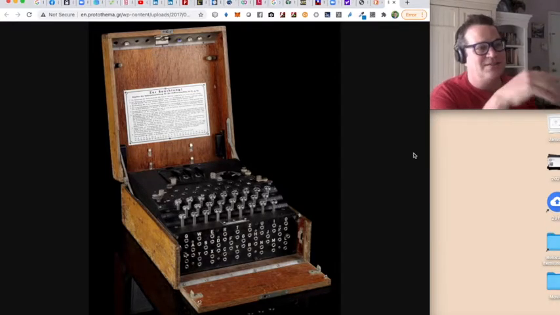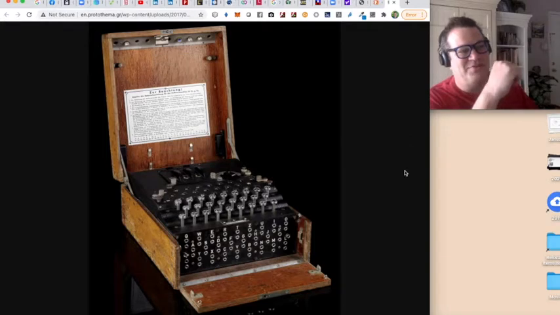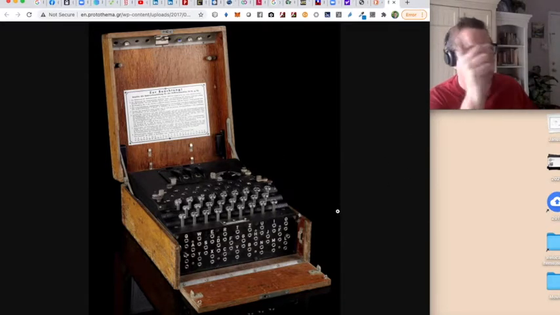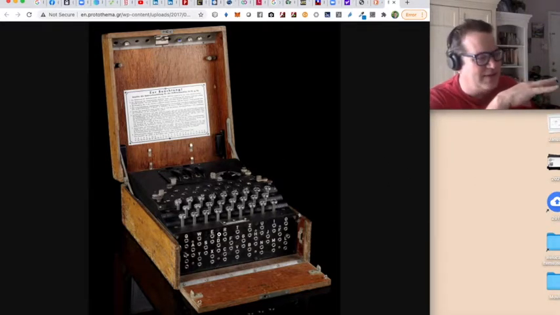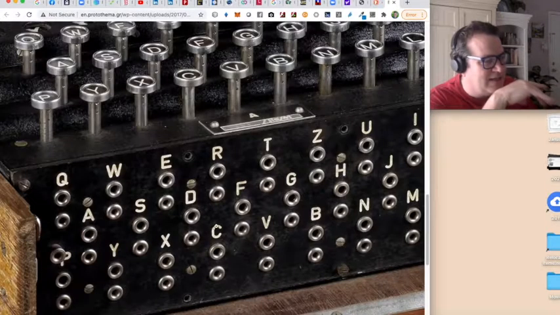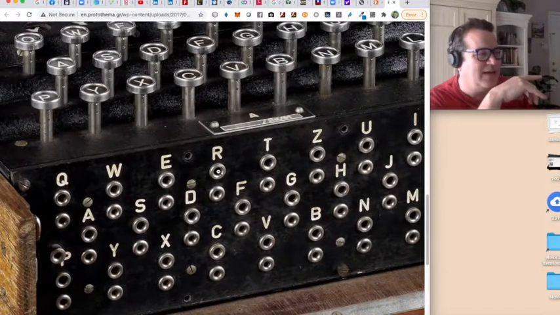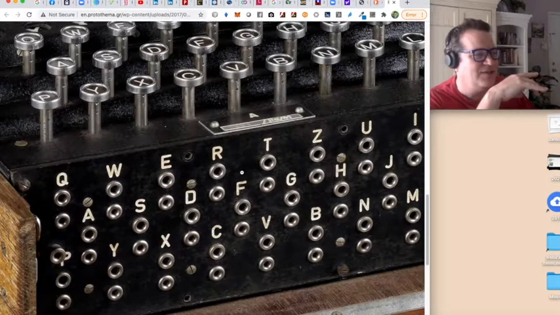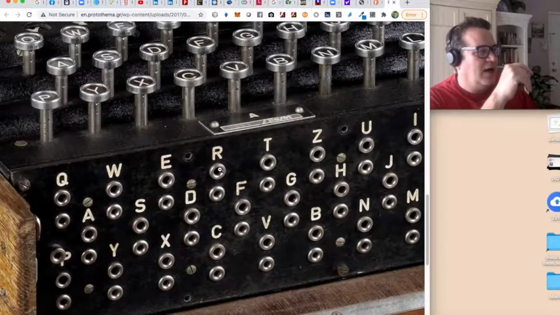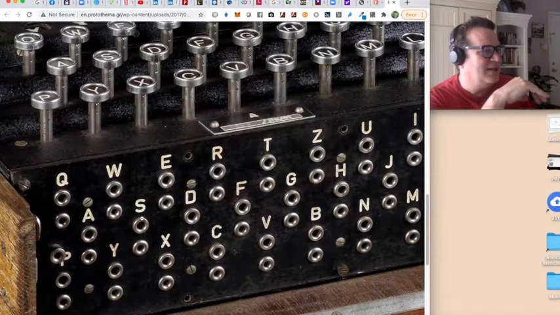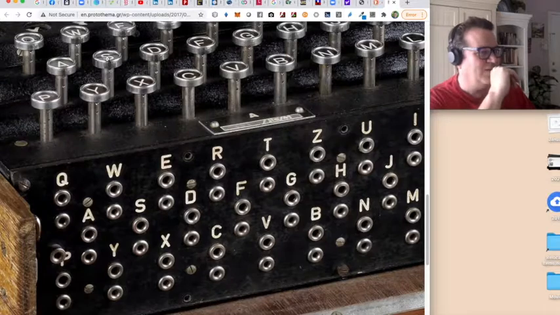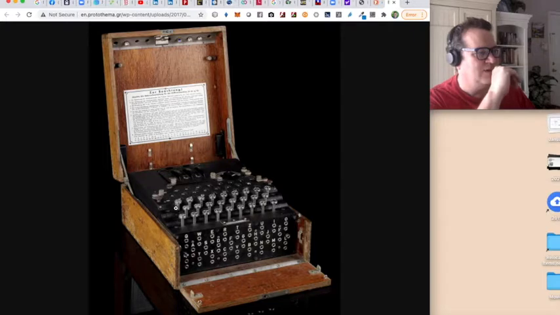So first of all, this is the Enigma machine. I just watched a couple videos about it. I'd watched one before. So the problem with the Enigma machine was that you had a cable. Oh, this is a nice big image. Okay, so the cable comes from like R to G and G to R, right? Or let's say S to Y. Okay, so when you hit the S button here, power comes from here to here, and eventually